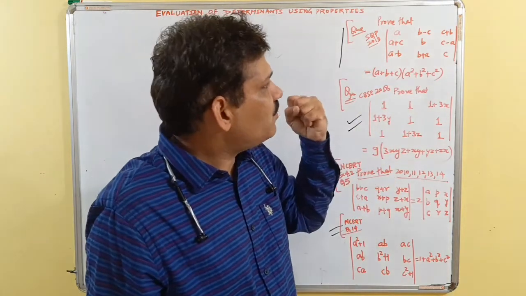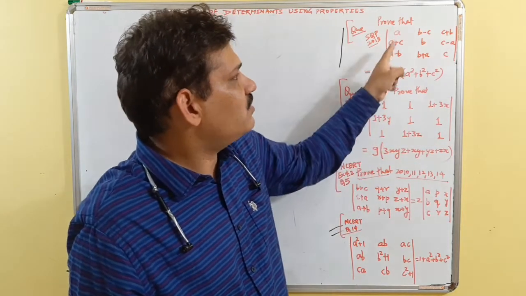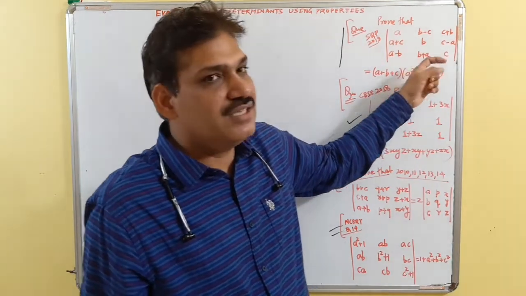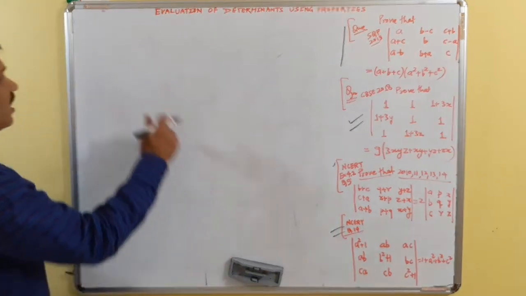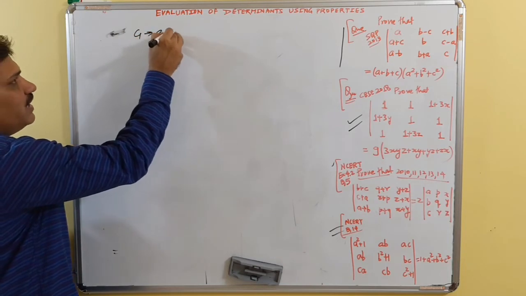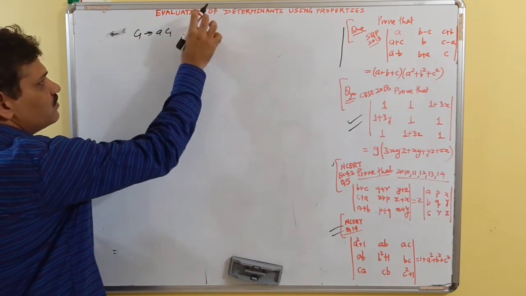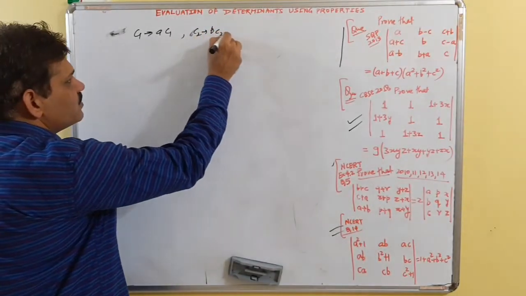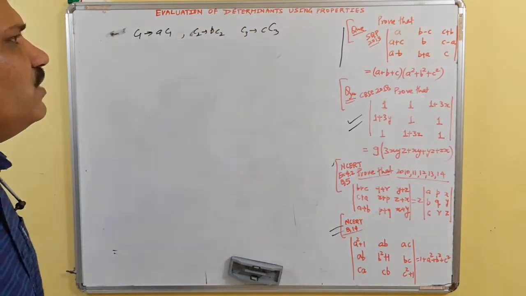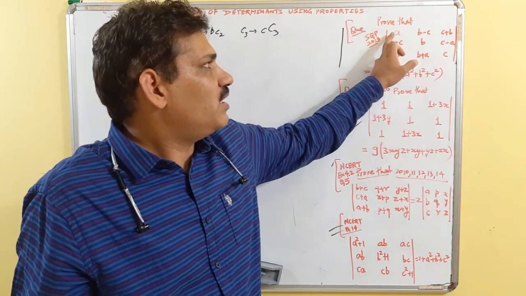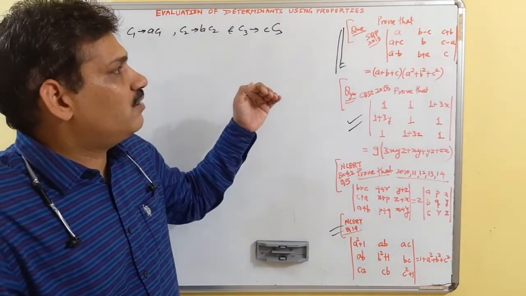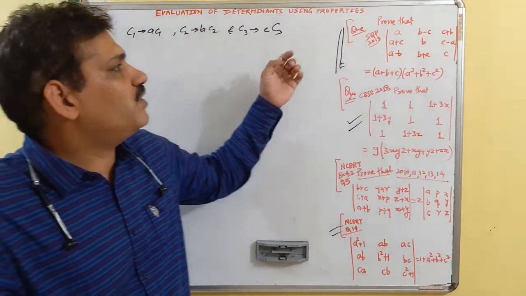So what we do is we try to take this column contains a, this column contains b, and this column contains c. So what we do is we multiply, that is simply C1 now becomes a times C1, C2 now becomes b times C2, and C3 becomes c times C3. So if I multiply this by a, this by b, this by c, we are multiplying column 1, column 2 and column 3 by a, b, c.